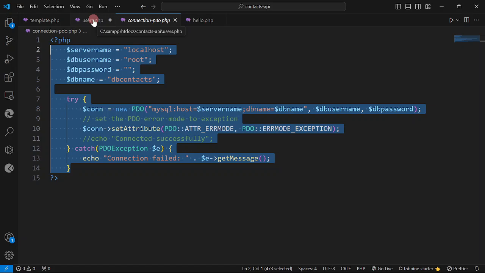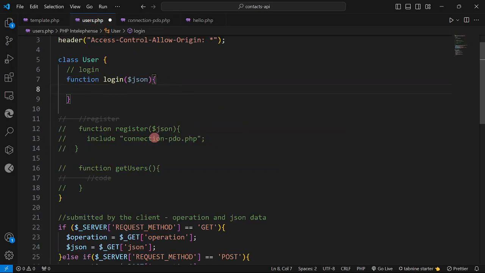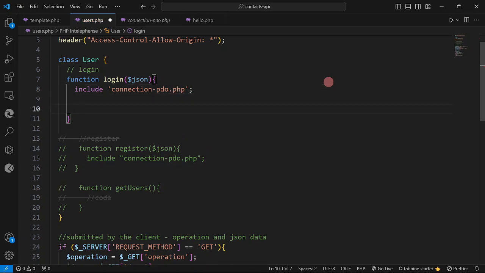So that we can call our connection object, we are going to have include, then the name is connection-pdo.php. So next we are going to